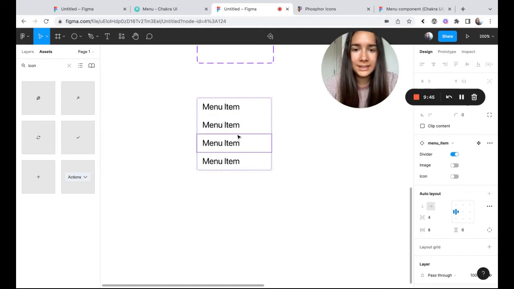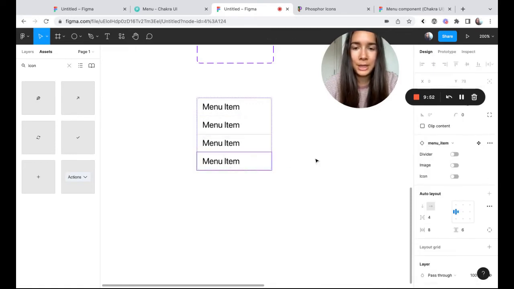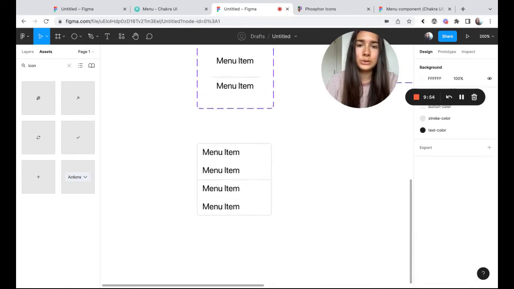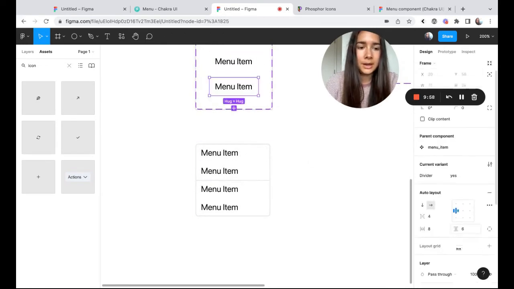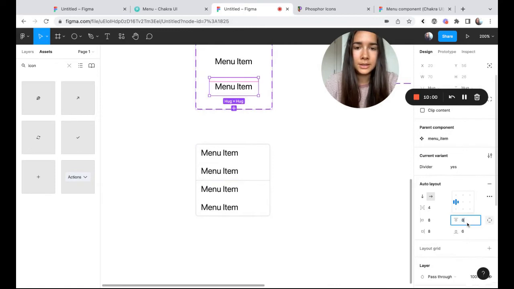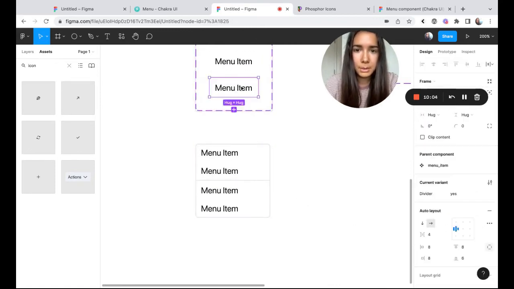One thing that happens here is, as you can see, the menu item feels a little bit too tight to the divider, especially compared to the second menu item. So for menu items that have a divider, we'll add a little bit more spacing at the top, maybe even 10 pixels.